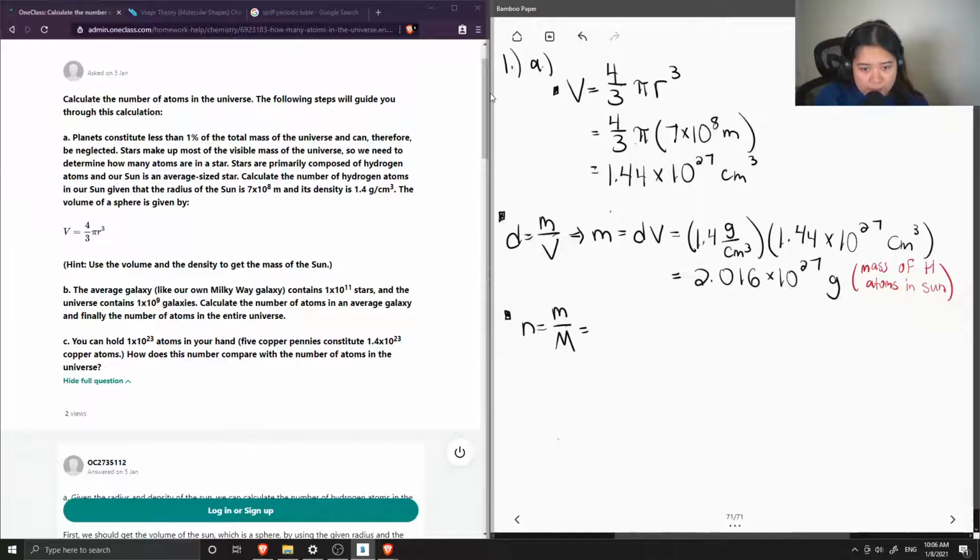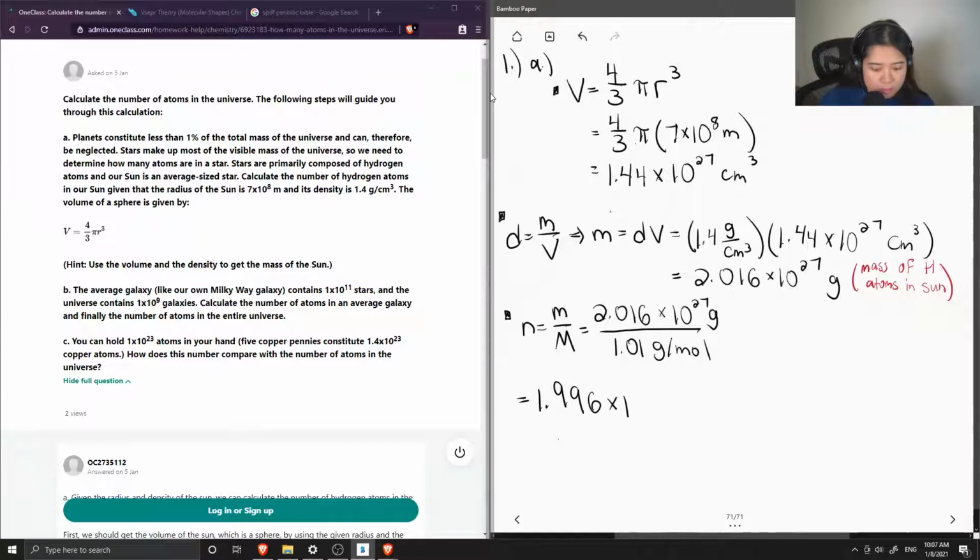The mass of hydrogen atoms was the 2.016 times 10 to the 27 grams. And the molar mass of hydrogen is 1.01 grams per mole. So now this gives us the number of moles of hydrogen in the sun, which is 1.996 times 10